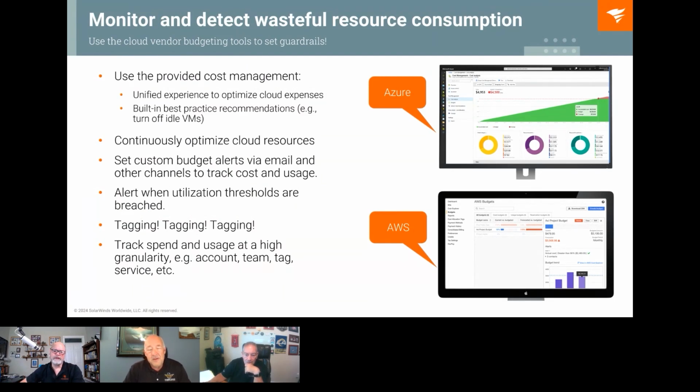There's a couple things, though, that you have to do in order for these applications to really live up to their potential. The first is that you have to reference them frequently. You have to go back and check. So in each of the budget tools, you can say this group of people can only spend a certain amount of money per month. This dev team can spend $3,000 per month. So you have to come back and make sure that they're staying in those boundaries, or set alarms. It will send you alarms if they get close to that frequently or exceed that. You can also set controls so that they